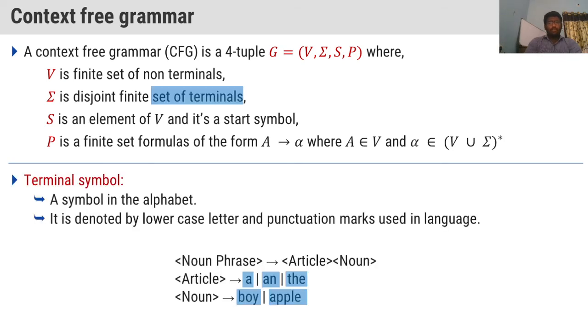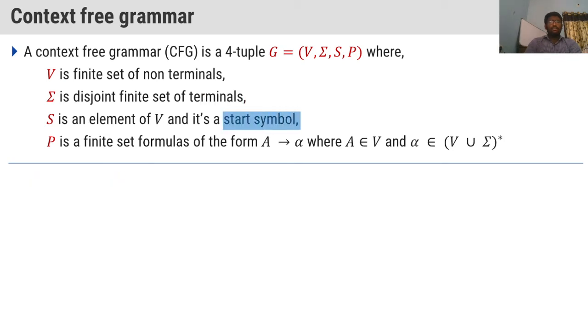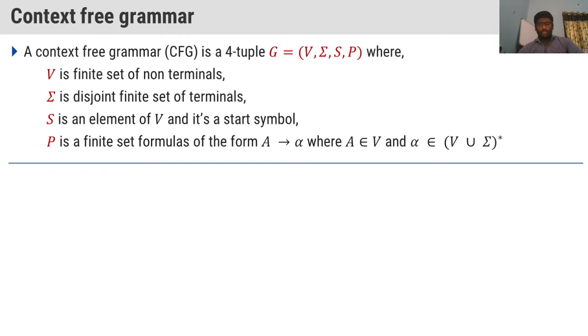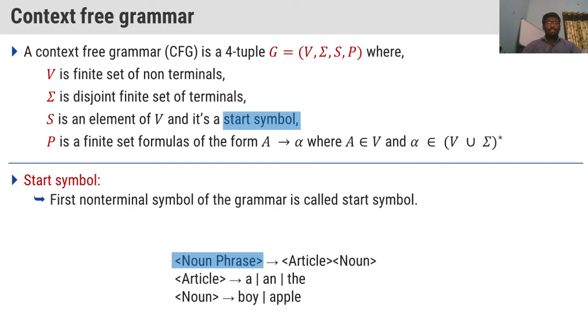Now what is the start symbol? We'll understand now. Start symbol means what? Start symbol is the first non-terminal symbol of the grammar. What is the first non-terminal symbol in the grammar? Noun phrase. Noun phrase is the first non-terminal in the grammar. That is why it is called the start symbol. So whatever the first symbol we have in the grammar, that first symbol will be called the start symbol. Right, next one,